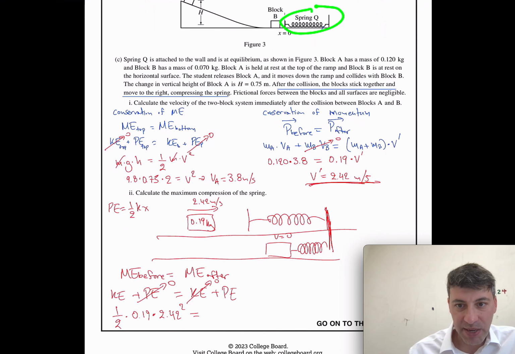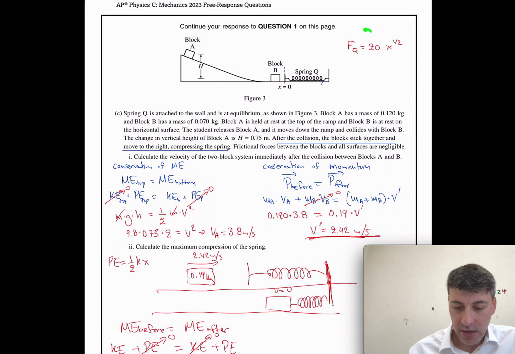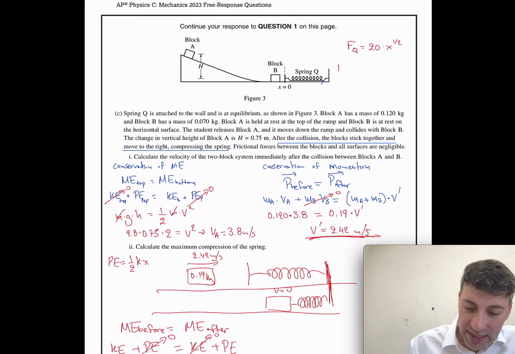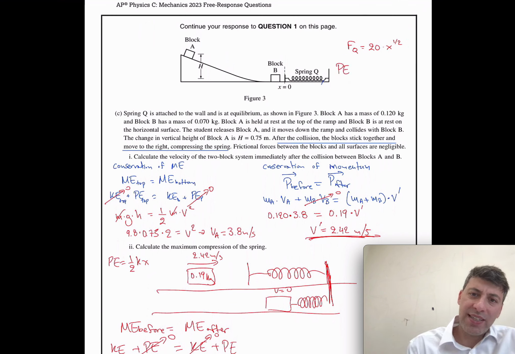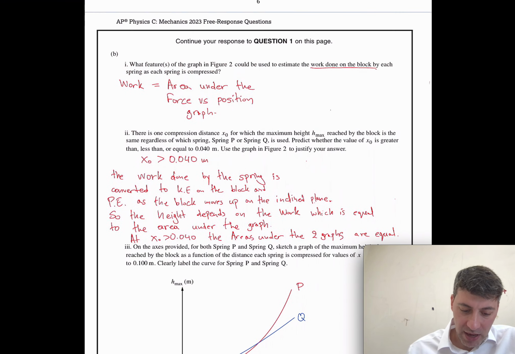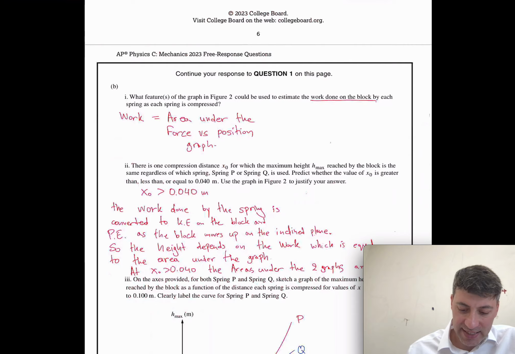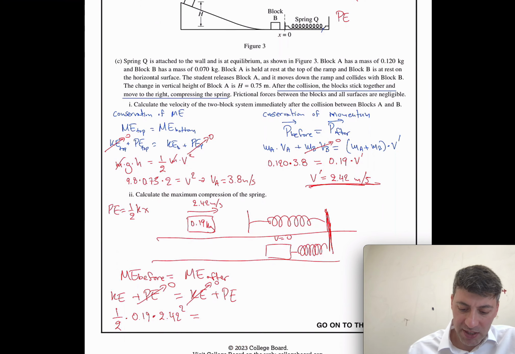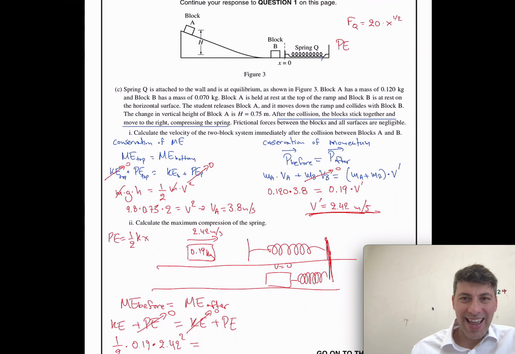Exactly, this is the spring Q. And we said that the spring Q has a force that is 20 times x to the power of 1 over 2. So the potential energy, now in reality, the potential energy is equal to the work by the spring, and we had calculated the work by the spring. I erased it, if I remember correctly, it was 40x to the power of 3 over 2,